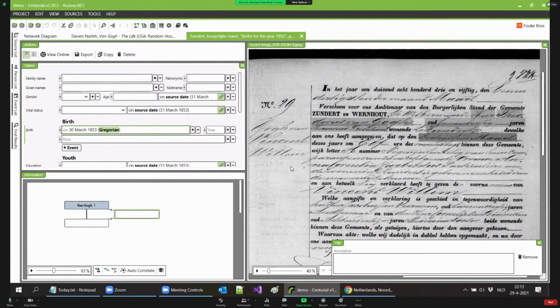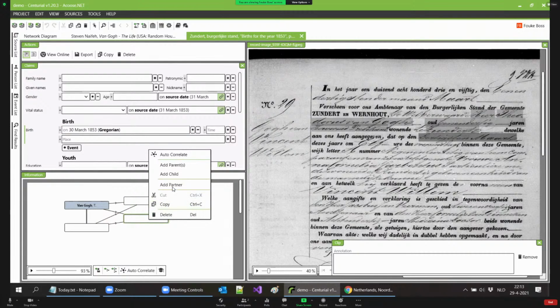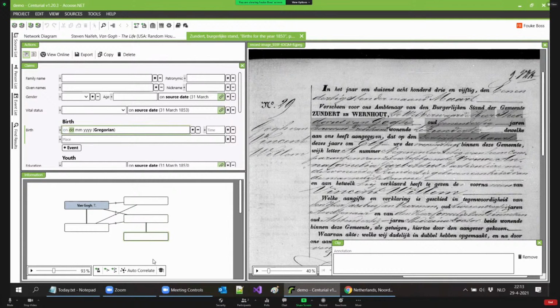So hold on a second. What did you just do on that bottom box? Yeah, so what I did is I'm drawing this family tree, right? I'm adding partners, I'm adding children. I could add another child if there was another one in this particular source, which there isn't, so I'll remove that. But you can create quite a large family tree here. I could add another partner, and this allows me to create the little family tree that is this source.